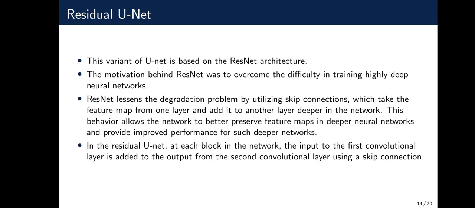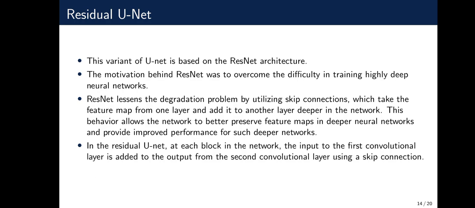Next, we look at the Residual U-Net. This variant of U-Net is based on the ResNet architecture. The motivation behind ResNet was to overcome the difficulty in training highly deep neural networks, and ResNet lessens this